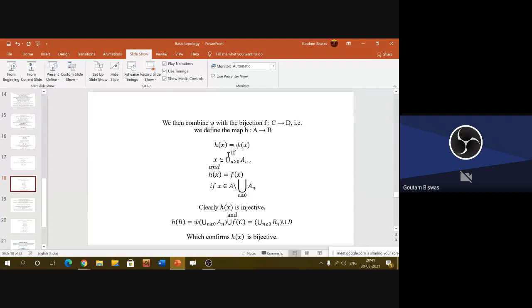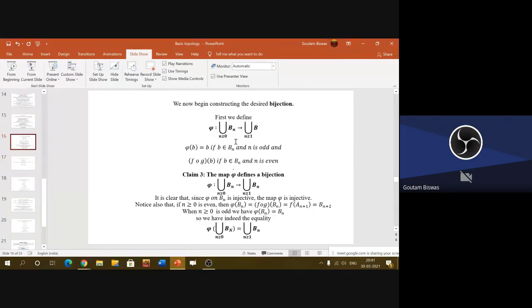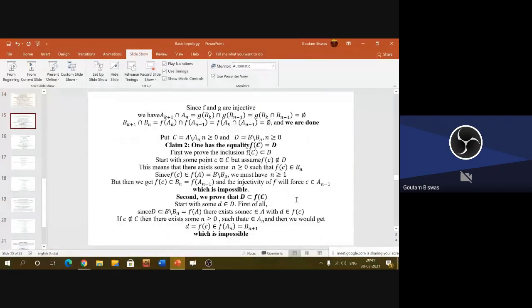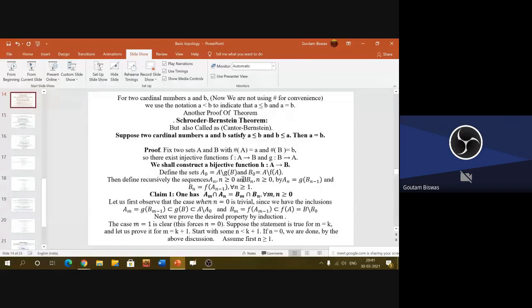Particularly this part, I have to give some examples. I'll do it later, but first go through it. And first understand this 3-1, that there are three parts of this theorem. First part is here, claim 1. Second part, and always try to remember this part very nicely. Our intention is to construct a bijective mapping, and we have to prove that H is bijective. And after all, H will be a combination of two functions, two mappings, and these two mappings are defined here.